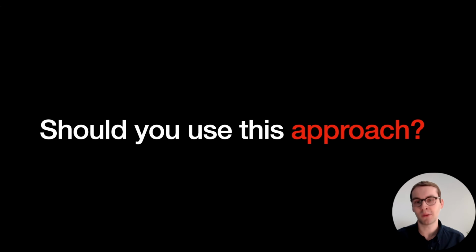Let's answer the question: is this approach acceptable for a mobile system design interview for Android and iOS devs? And the answer is a solid yes. First of all, this guide is highly influenced by the clean architecture ideas. It follows a similar structure and breaks down responsibilities clearly, so it's a really good approach you can use. Second, patterns like unidirectional data flow work really well with modern mobile development stacks such as SwiftUI, Compose, and reactive